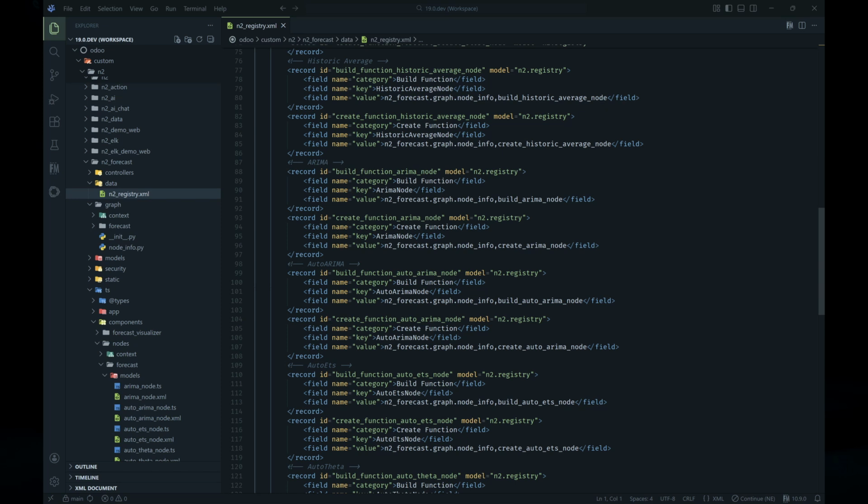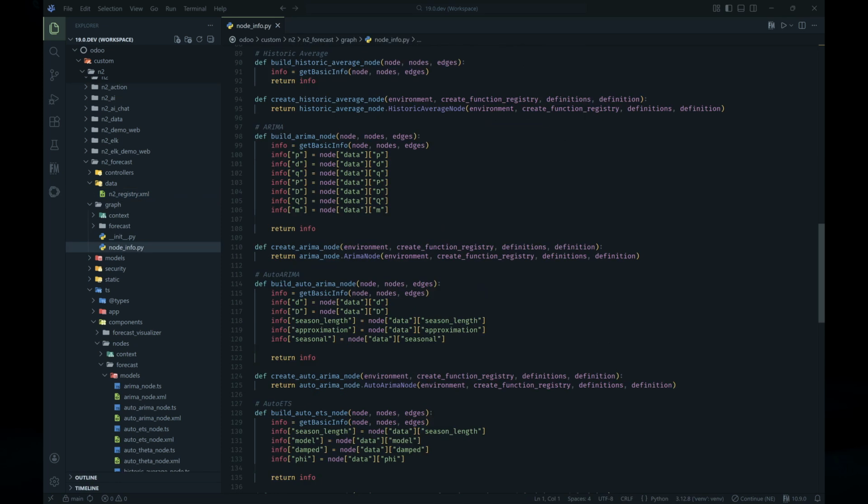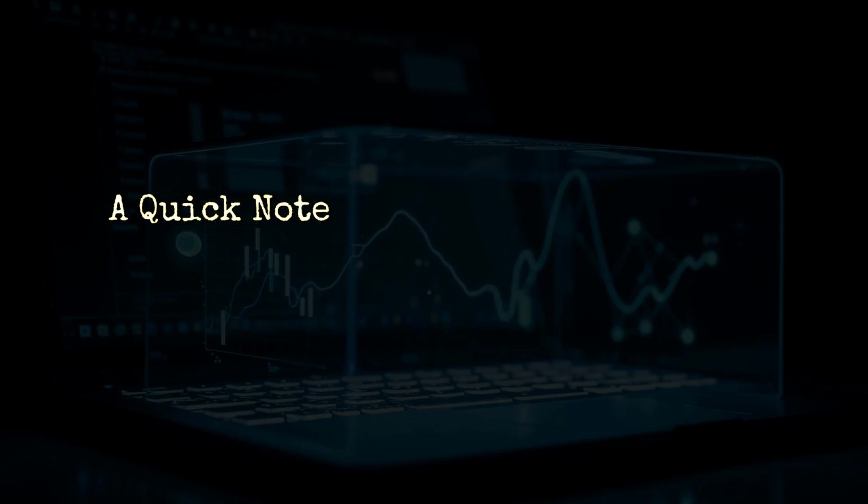becomes available for use. So, while this might not be a walk in the park for regular users, for developers it's only a bit more work than creating a simple Hello World module for Odoo, and the flexibility you gain is significant. Before we wrap up, I want to mention that while N2 Forecast has many benefits, it's not without